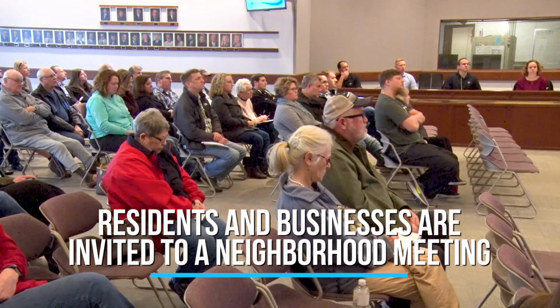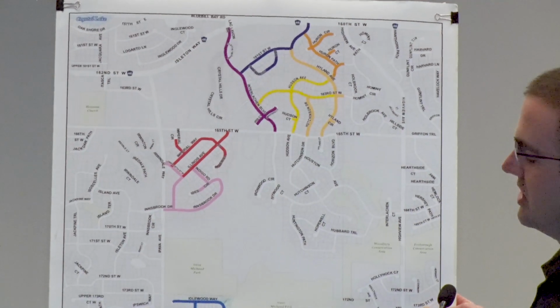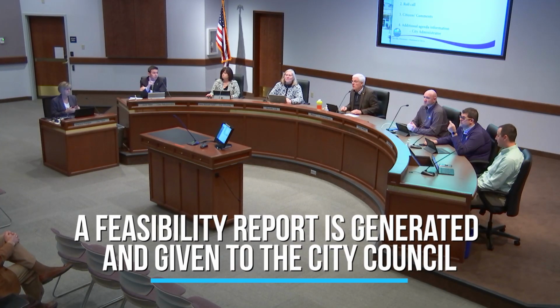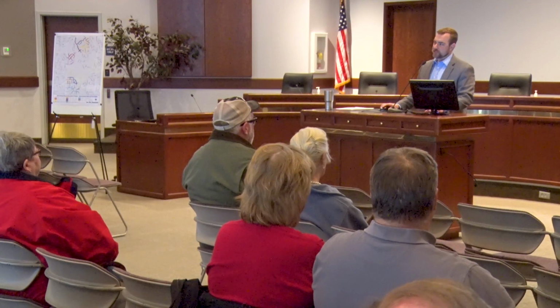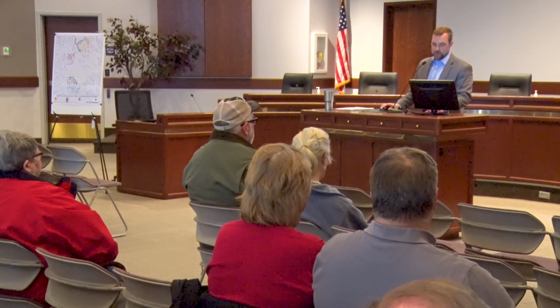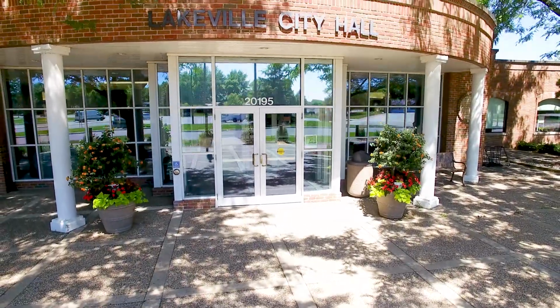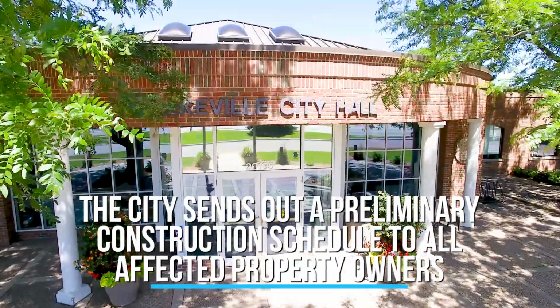At the meeting, city staff introduces the projects and asks for feedback from property owners. Following the meeting, a feasibility report is generated and given to the City Council. If the City Council approves the project, survey crews begin the collection of pre-construction data. In early spring, the project is bid on by contractors, which allows the city to determine assessment rates for the project. After these assessment rates are generated, property owners are invited to a second neighborhood meeting and an assessment hearing with the City Council. Upon approval at the assessment hearing, the city sends out a preliminary construction schedule to all affected